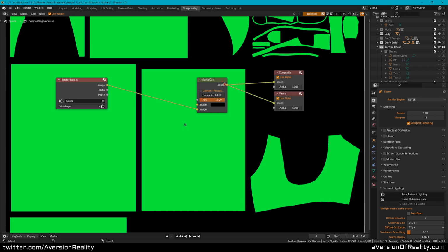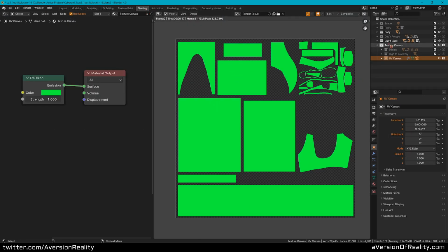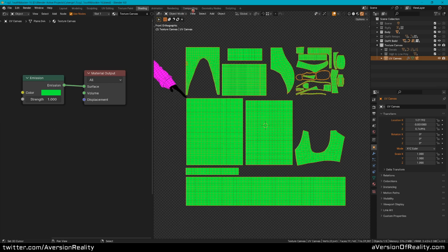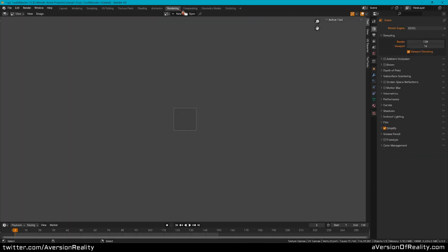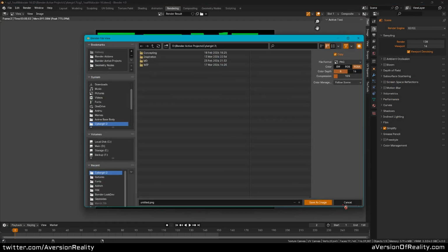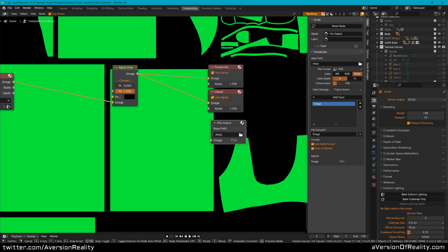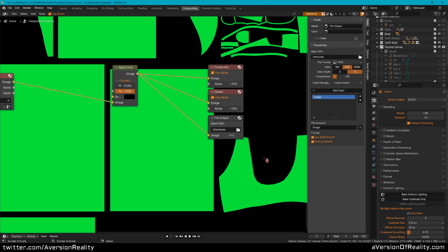Add a viewer node to that. So there we go, whatever background color you like. Or you could do something like put some other geometry behind it or change the world color, change it off transparent. I find it easiest to adjust here, but that's really up to you. Now we could save this out from the render view here. If I picked render result and did Alt S and pick our various options, but I am going to set up a file output node instead so that it will automatically resave as we make changes, because that's kind of the point here. So we'll target our default textures folder, and we'll use a 16-bit RGB PNG.